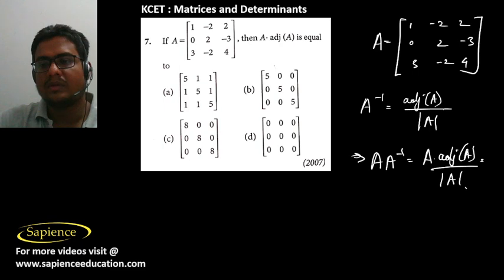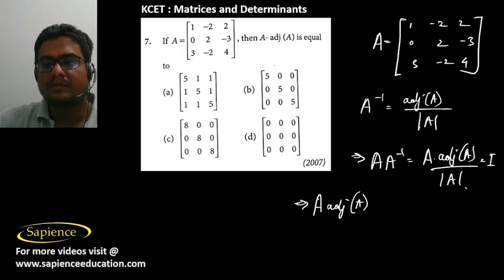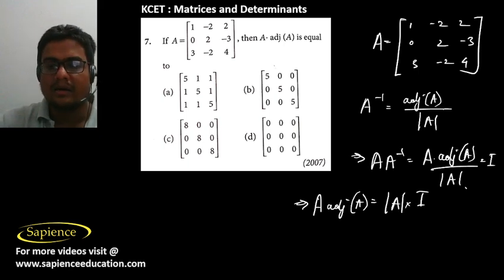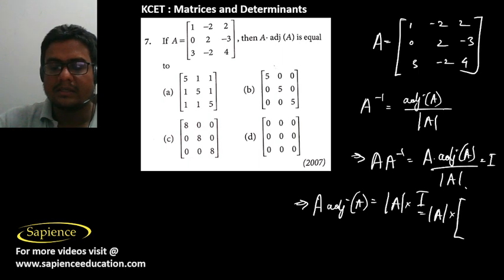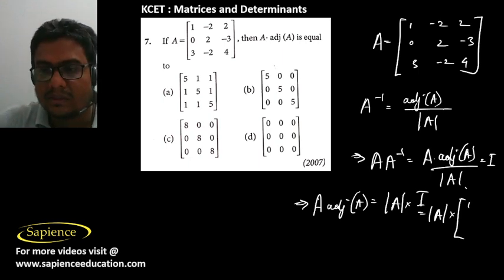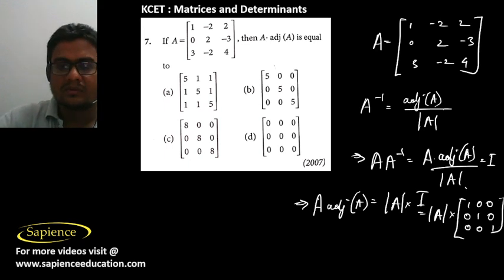Which is equal to I, since A into A inverse is I. Therefore A into adjoint of A is equal to the determinant of A into I, where I is the identity matrix of the same order as A. So here it is the determinant of A into the identity matrix, which is [1, 0, 0; 0, 1, 0; 0, 0, 1]. So now the determinant of A